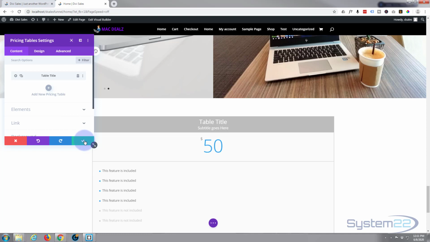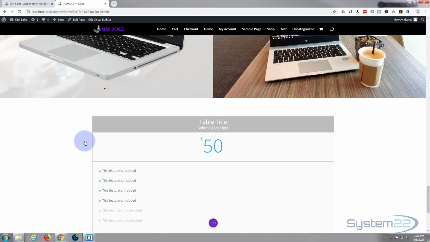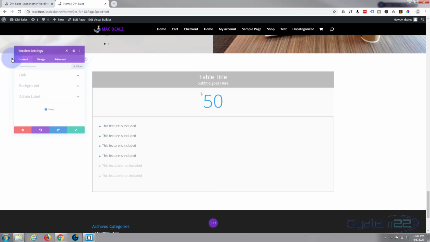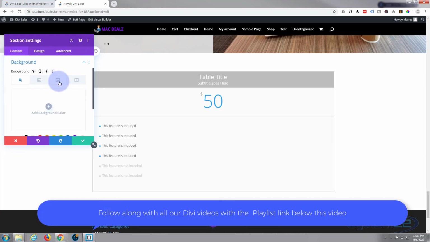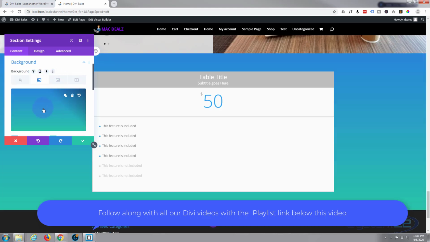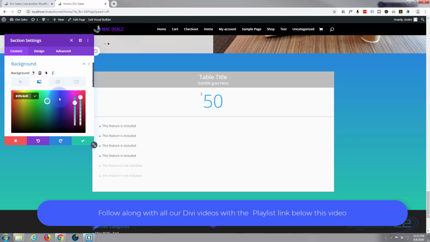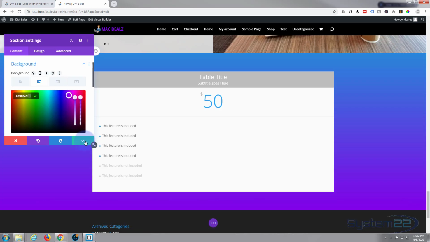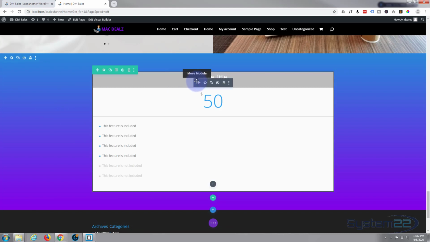But before I do any of that, let's get our section taken care of. I just want to give it a gradient background, to be in keeping with the rest of the site. So I'm going to go into the section cog, go to background, and hit gradient. You've got color, gradient, image or video. Add a background gradient, and I'm going to leave the blue in there, and I think I'm going to switch the bottom to the purple that we've used everywhere else. There we go, great. Let's save that and go back into our module now. Blue for a section, green for a row, and dark tab for a module. Let's go into our module,